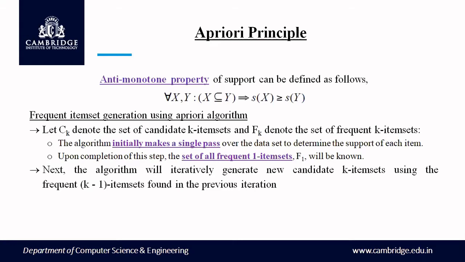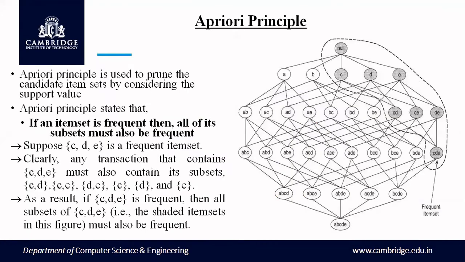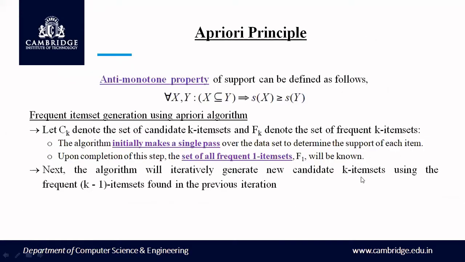So how is the frequent item set going to be generated using the apriori algorithm? First and foremost in the apriori algorithm, we generate the set of candidate k item sets. The candidate k item set is nothing but our basic lattice structure, which means when we develop the candidate item sets, we are trying to draw this lattice structure. Having identified the candidate k item sets, we obviously need to identify the frequent item sets. In the apriori principle, the notation C subscript K is used to denote the set of candidate k item sets, and F subscript K denotes the set of frequent k item sets.